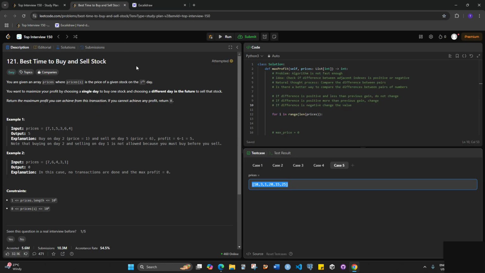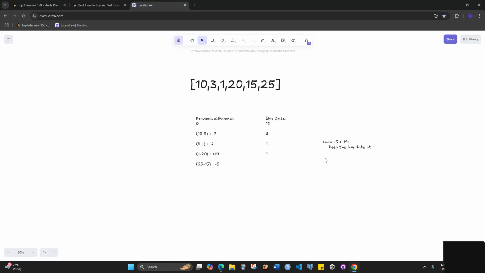Can the stock prices be... Okay, stock prices have to be positive. Okay. So we keep it at 1. We keep it at 1 because plus 15. If it's minus 14, unless it's greater than, unless the difference